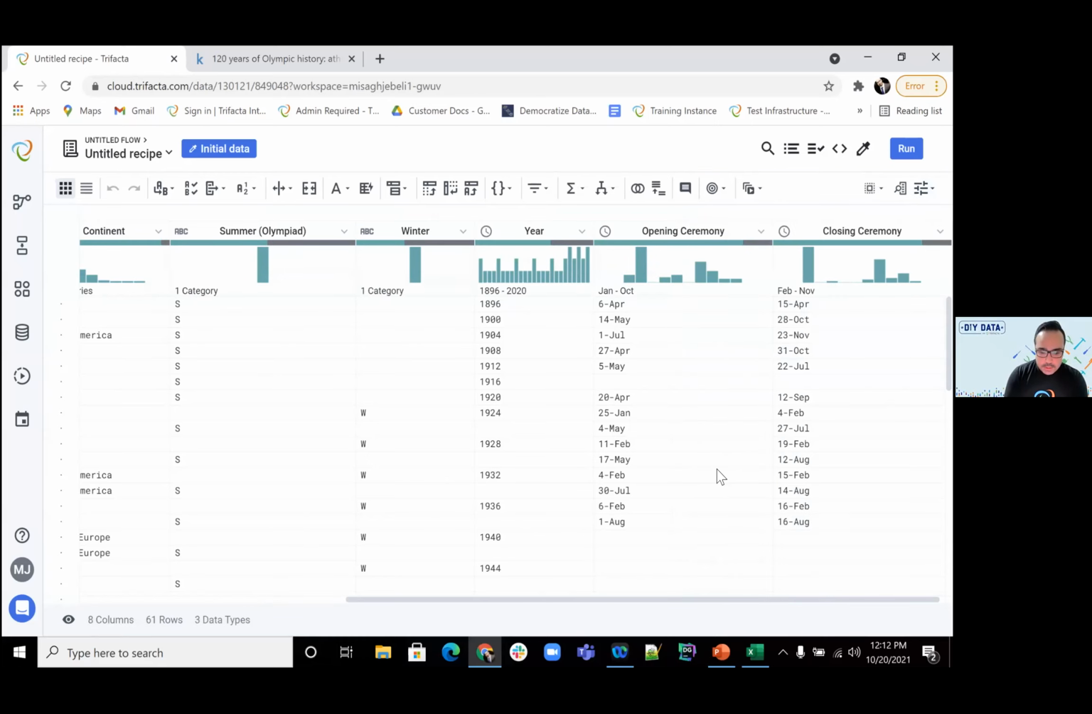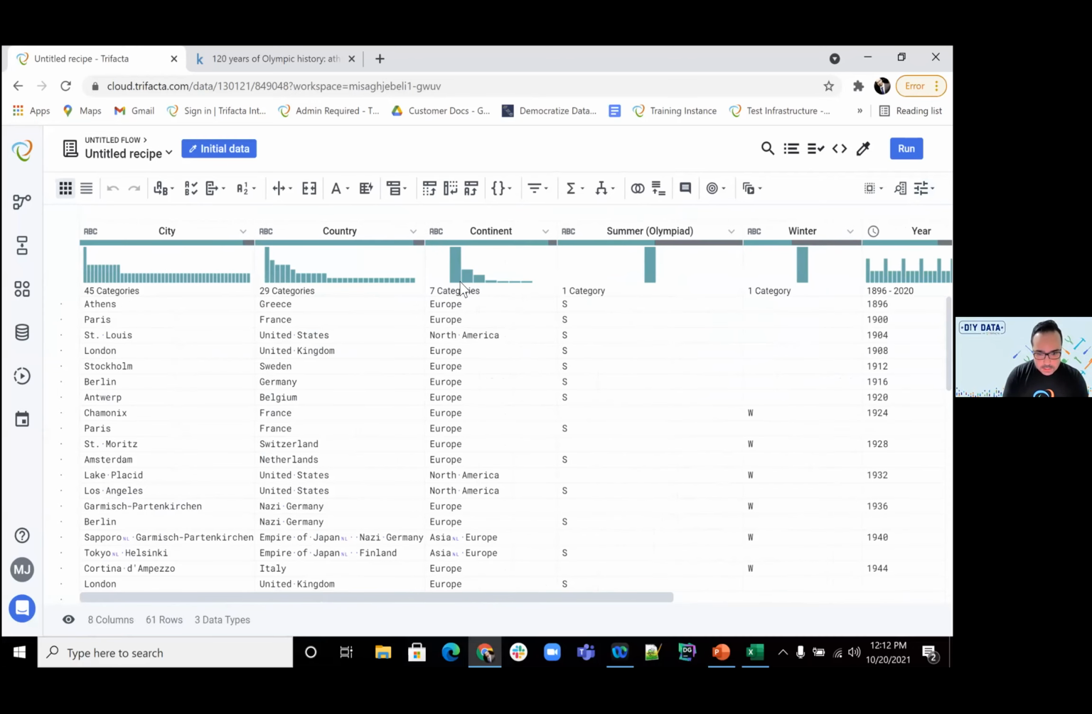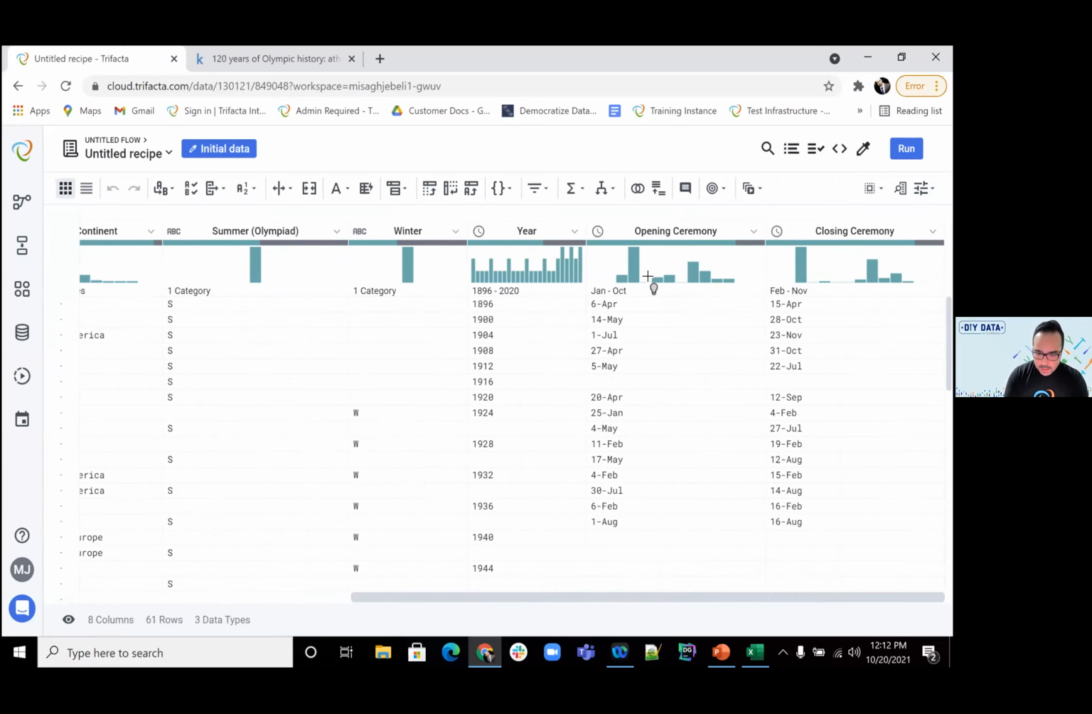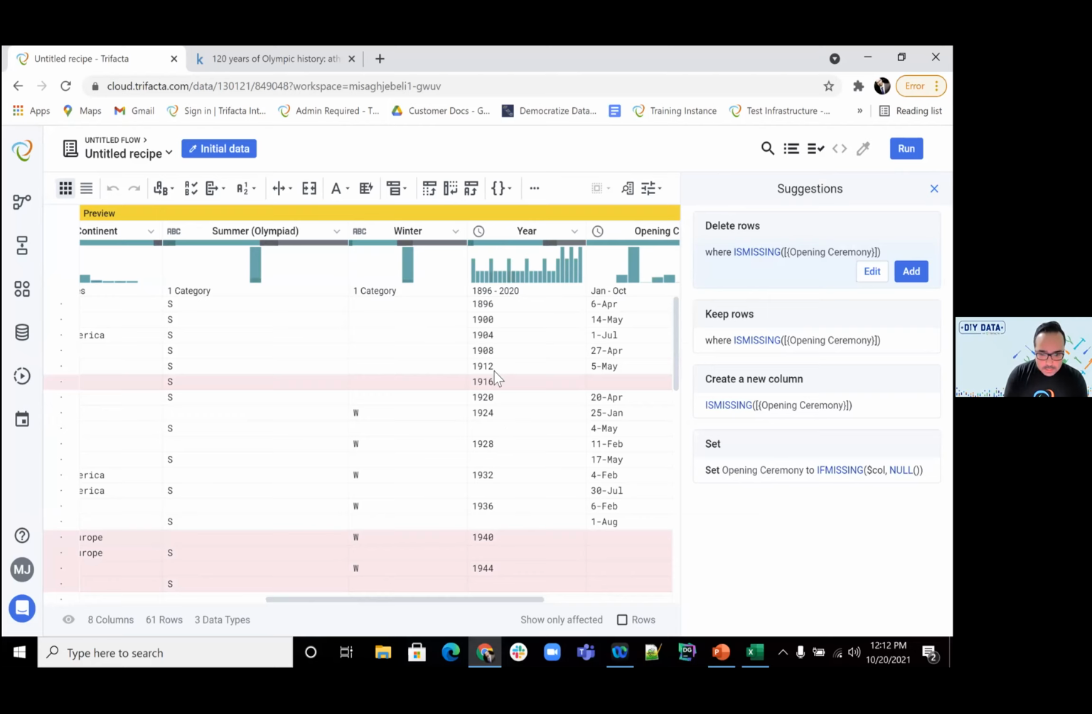I found a really good data set that has information about the Olympics. So it has the location, the season, the year, and the date. But looking at the dates, this file is not really clean. I'm missing, right away it tells me year is missing, ceremony is missing, and I'm clicking on the ceremony missing, and